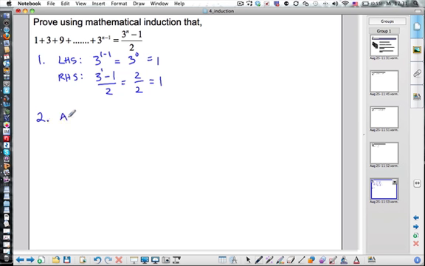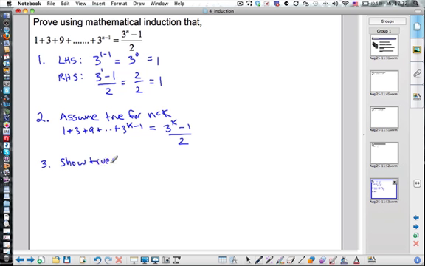The next step is to assume true for n equals k. So if we have 1 plus 3 plus 9 plus ... plus 3 to the k minus 1, we are now assuming that that is correct. That's our assumption. Okay, and then the third step is to show